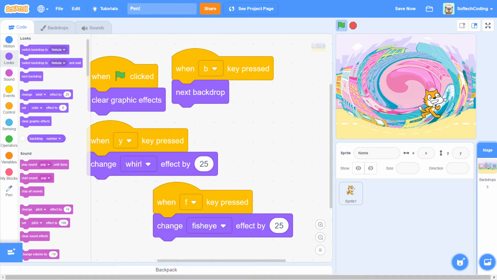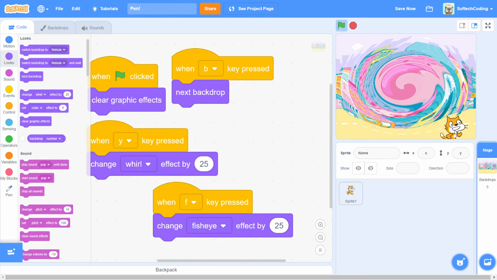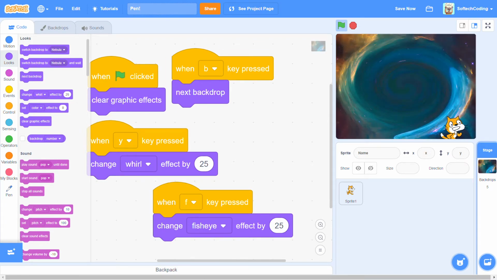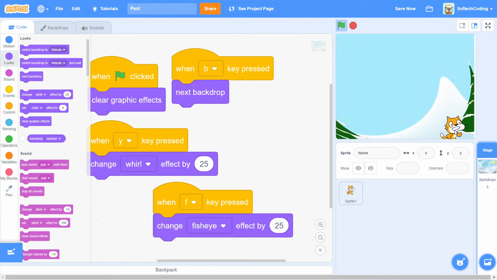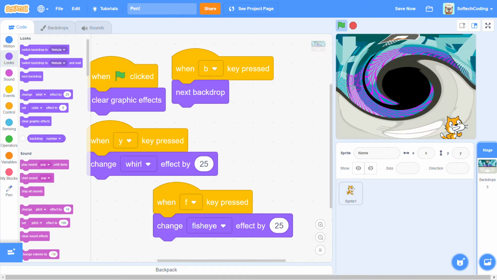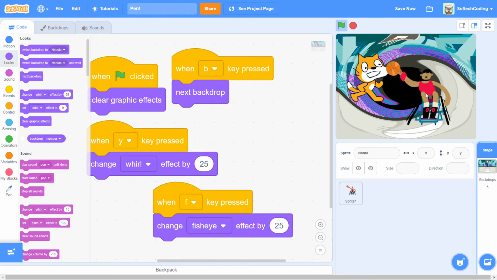Okay, so now what we're going to do is we're going to do something so that it, wow, this really is interesting. We're going to do something so that it undoes all effects without having to click stop. Because, for example, if you created this awesome project that you love, and I'm going to click S to switch the costume, C to switch the color, and maybe we can do a bit of W to curve it around,